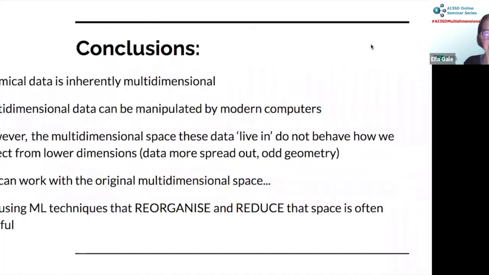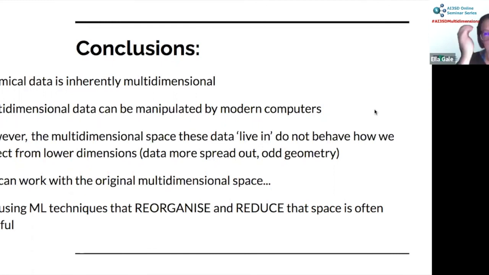Okay, so what are the conclusions? Our chemical data is inherently multidimensional. We know quite a lot about an individual molecule. There's lots of things we could write down about it and what it does. If you have a solvent, you have its acidity, its basicity, its melting point, its boiling point, all of that, and then you have all of the molecules, all of the reactions it works in. That's a very large data set in terms of dimension. And we also have big data, so we have a lot of points.